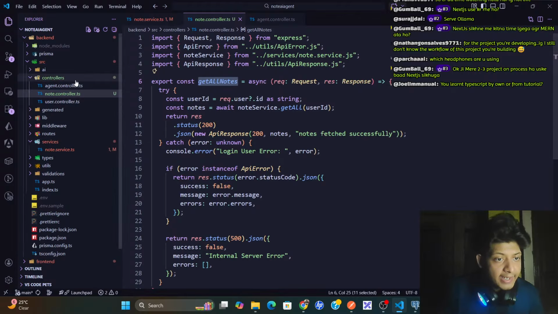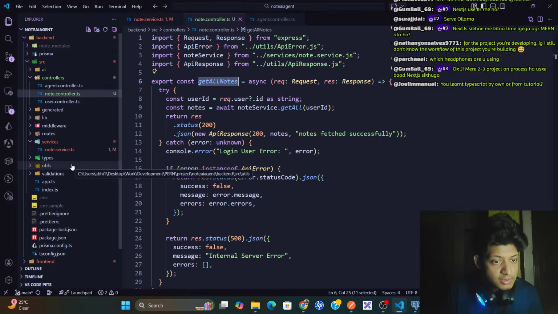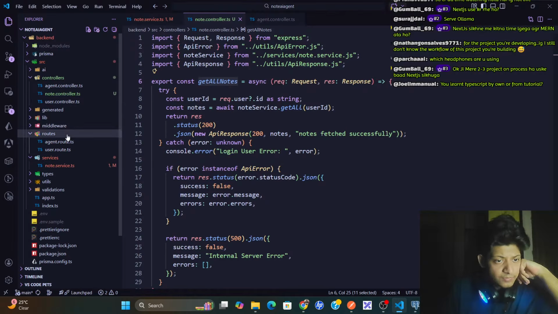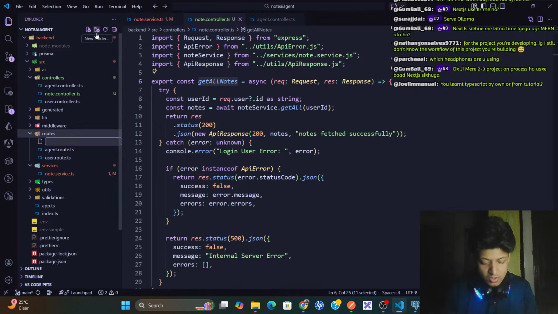Get all notes, and in my routes, I create a new file as notes. Okay, note dot route dot ts, import express from express, const router equals express dot router, then export default router.